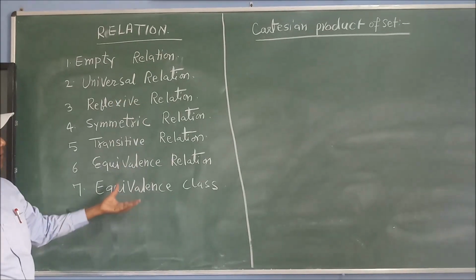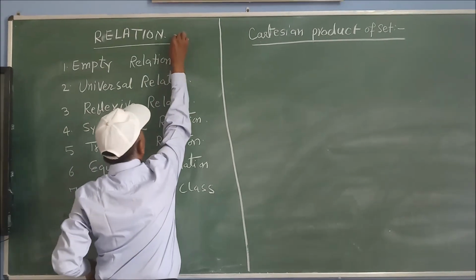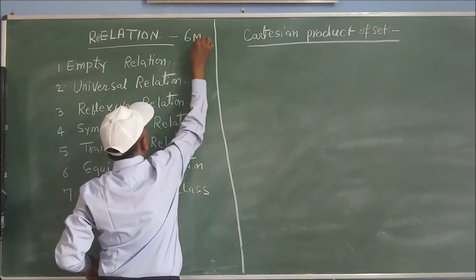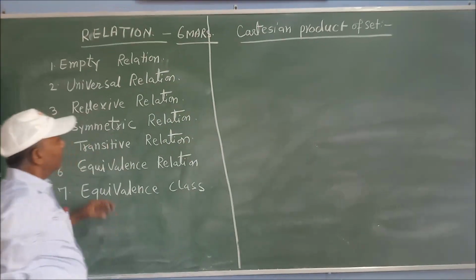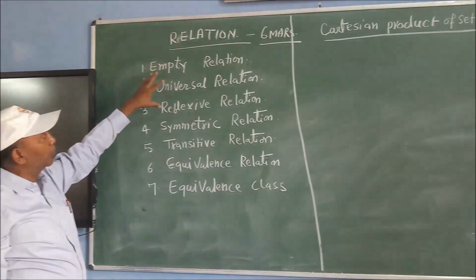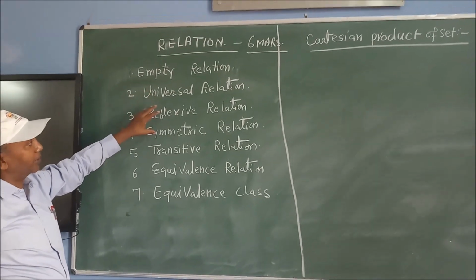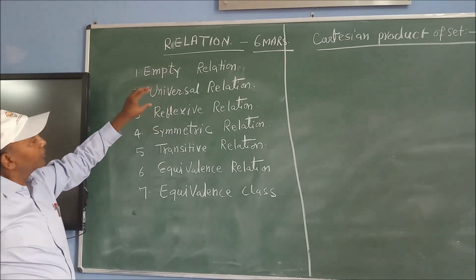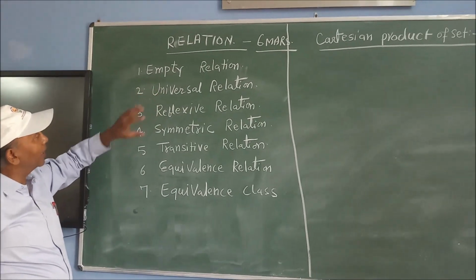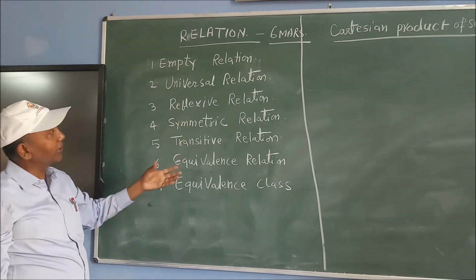In CBSE examination, you will get a 6 marks question from this topic. So, see this topic. This is a pure portion of mathematics. So, here we have to read the concept. Don't go directly to the problem. See the concept. What is the definition of the relation? Through examples, you can also study it.